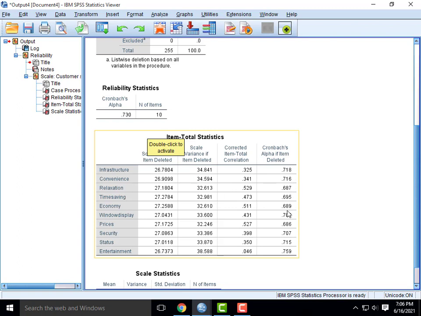If we delete the last one, entertainment, we get a new Cronbach value of 0.759, which is greater than the existing 0.730.